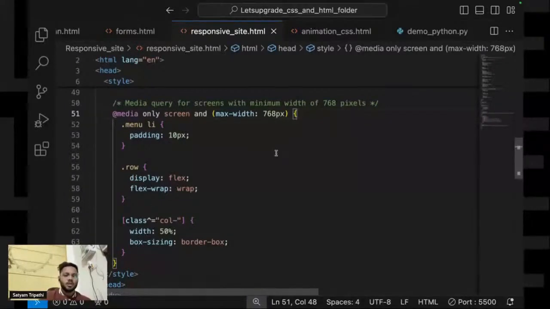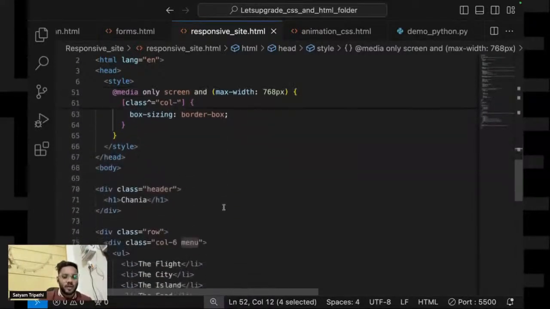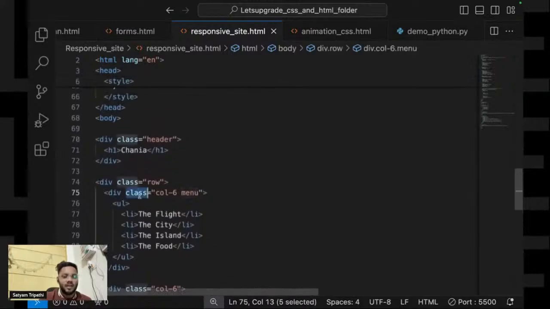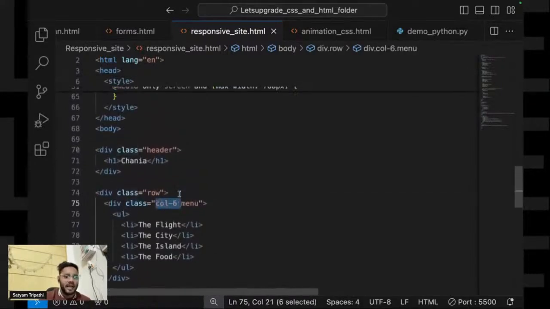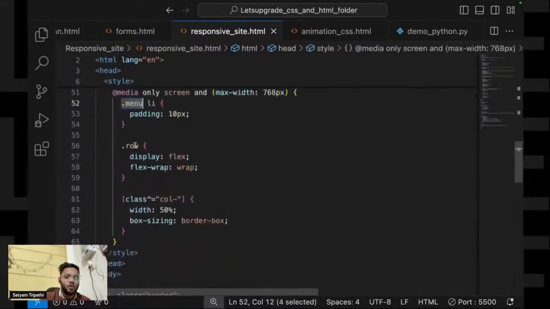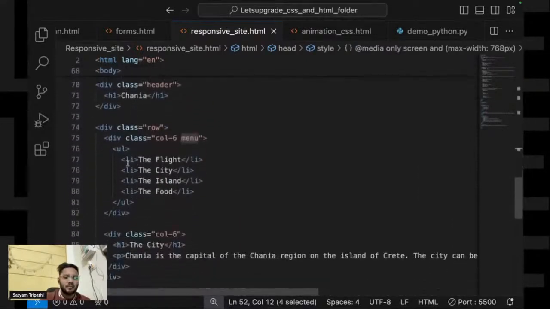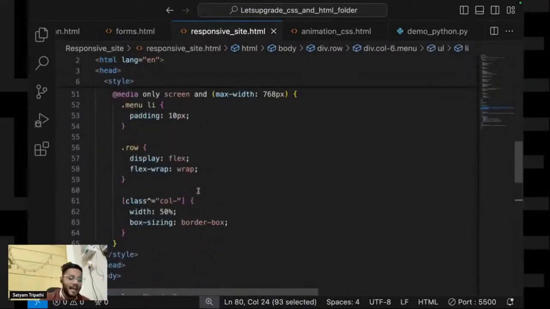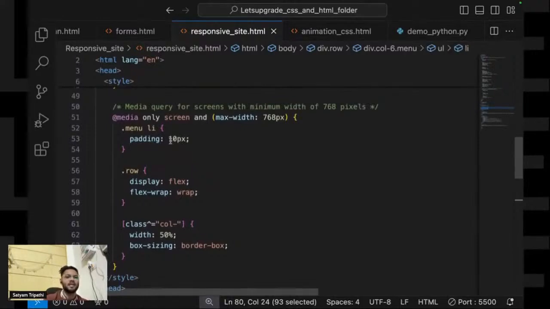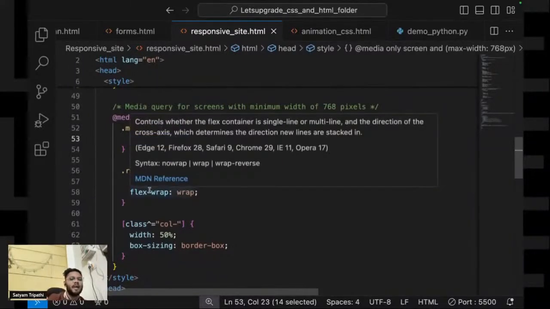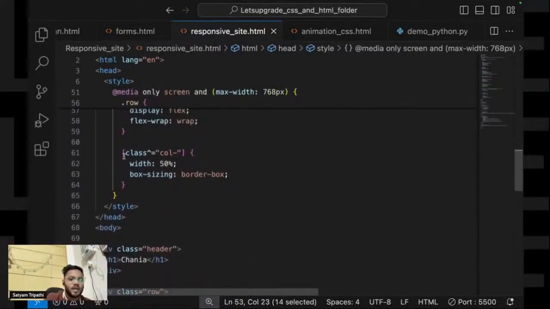Now, we have a menu class over here. I have shown you that this class we have named as two things, col-6 and menu. So in menu, we are choosing the li, which is nothing but your list: the flight, the city, the land. After that we are giving it a padding of 10px. That means if my resolution drops, at that time the padding should be 10px. The rows that we have are display flex, that means it will be able to manage itself. And what we have mentioned over here, guys, just see,